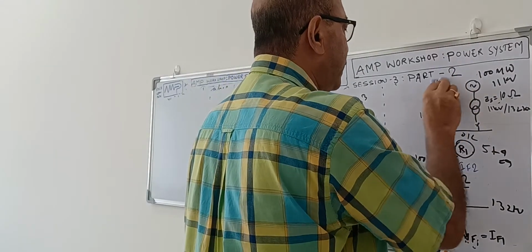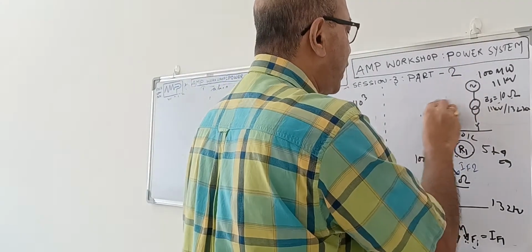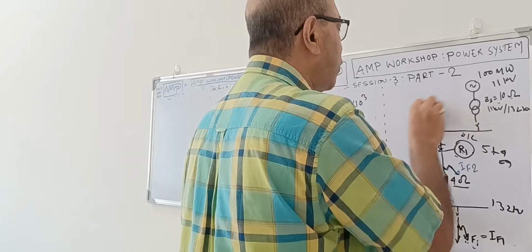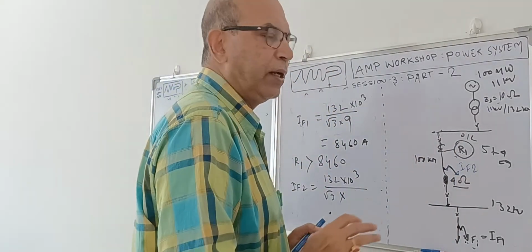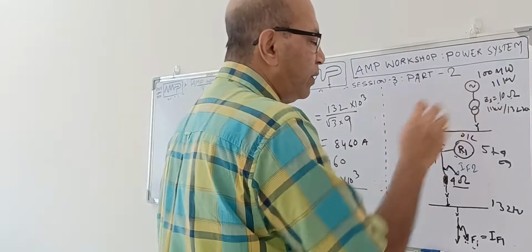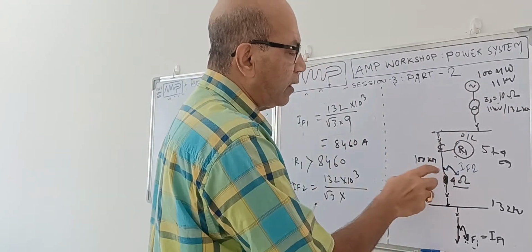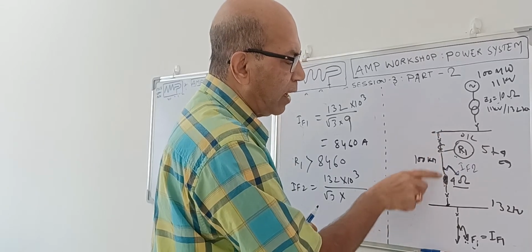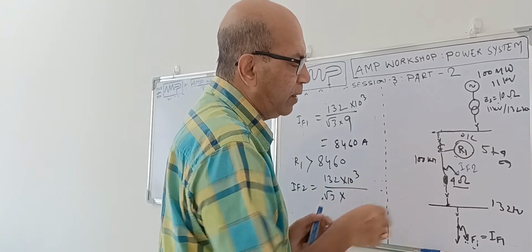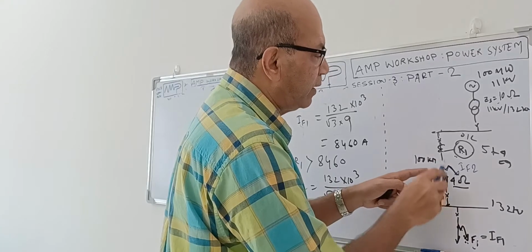So suppose this generating condition has changed. One of the generators got tripped or is not on the line. Under that condition, this fault has taken place. In that scenario, when one generator is working and the other is out, the fault has taken place near the generator bus bar, because I have isolated the load and bypassed the line impedance. So that means it is near the bus bar.